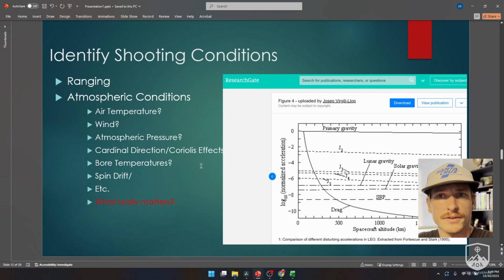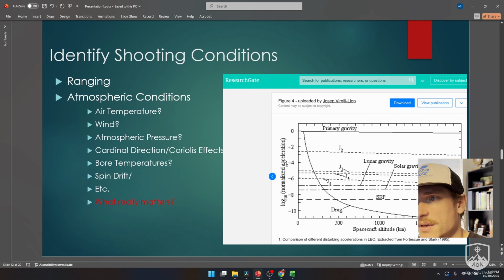So what I would tell you is that for windage, ignore all things, maybe up to 1,000 yards, except for wind. Now for elevation, your bore temperature and the temperature of the air can make a little bit of a difference. In general though, the colder the barrel, the lower your shot will be. This is a picture of the orbital perturbations versus altitude, and that's what made me think to make this chart. It's really helpful to know what your main effects are that you need to worry about at, in this case, altitude, but in our case,